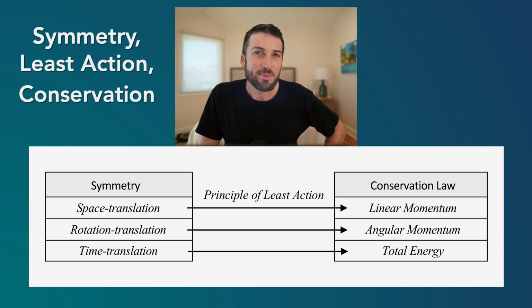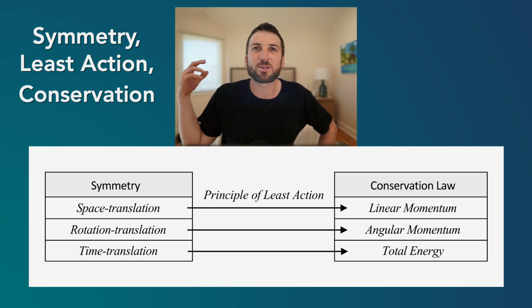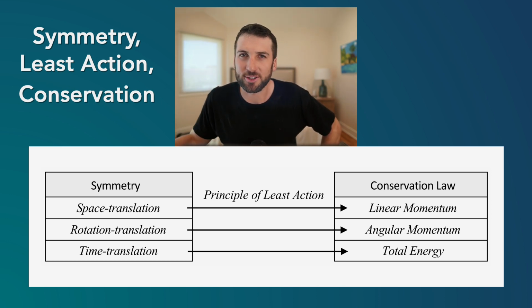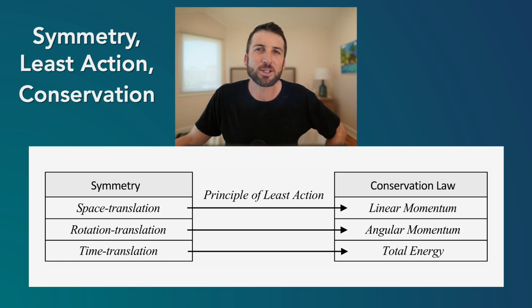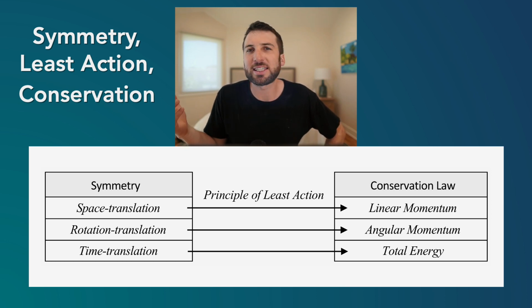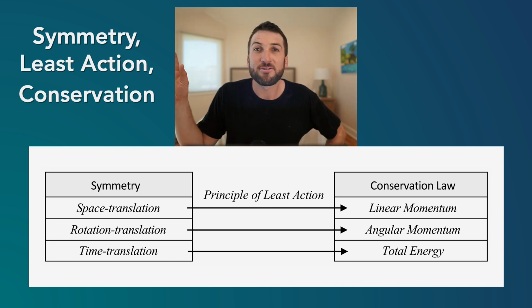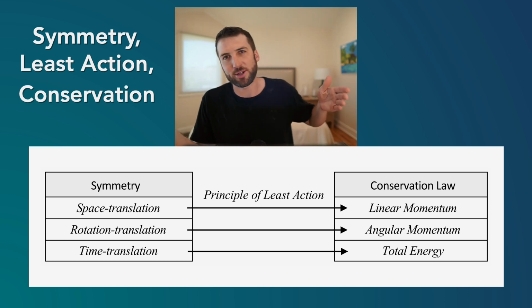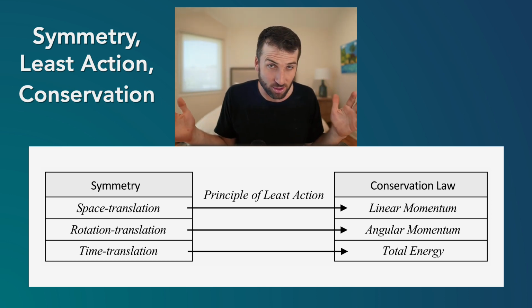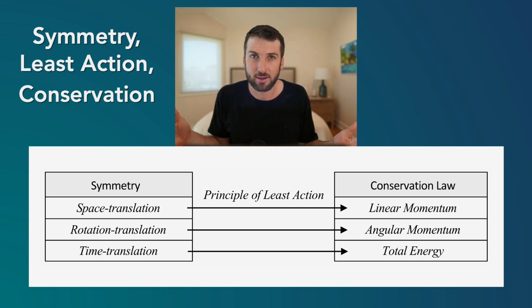So symmetry can also combine with the principle of least action to lead to some of the most fundamental laws in physics, which are these conservation laws. One of these symmetries is space translation. Basically this is to say that a given experiment, with the same initial conditions, should result in the same outcomes no matter where you are in space, right? Physics, or science more generally, shouldn't care if I do it here or if I do it 5 meters to the right. It should be symmetrical to any place.